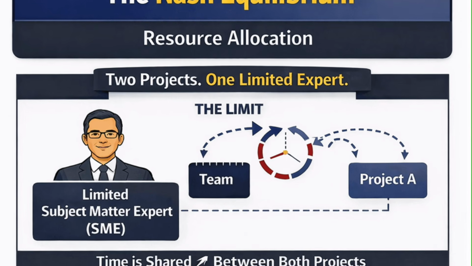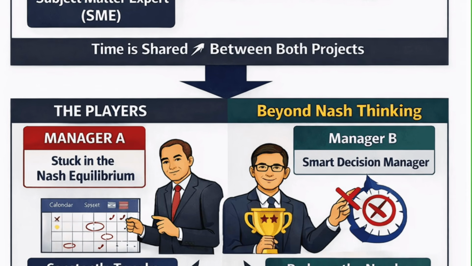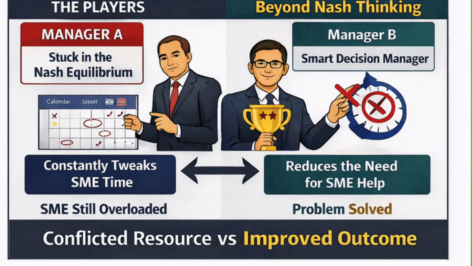Let's say you've got a subject matter expert or a specific resource both teams need to get the job done. This often happens when you have a deeply technical resource and both are needed to do, let's say, infrastructure or design on your project. Now, you can fight for that resource back and forth and make that resource completely burn out and focus on two things at once so they do neither really well, or you can change the nature of the game. And this is where I call going beyond the Nash theory.